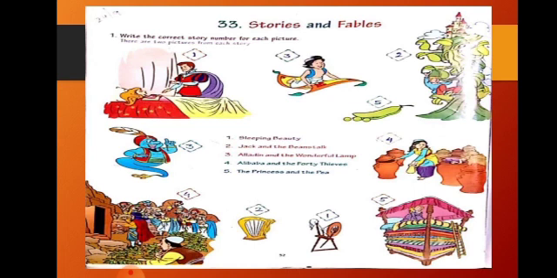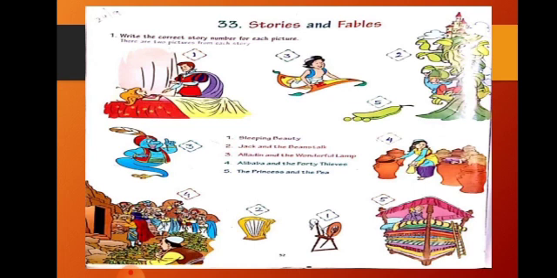So second picture, Jack and the Beanstalk. Now the next picture is of a pea, and it relates to the story The Princess and the Pea. Mark there 5. Fourth picture, you can see many pots over there and a thief is hiding inside the pot. See the picture carefully. A thief is hiding in the pot. So it relates to the story Ali Baba and the 40 Thieves. Next picture is of the fifth one, The Princess and the Pea.